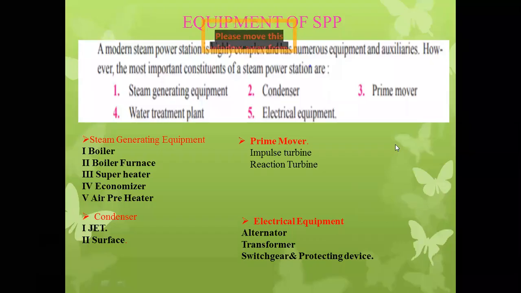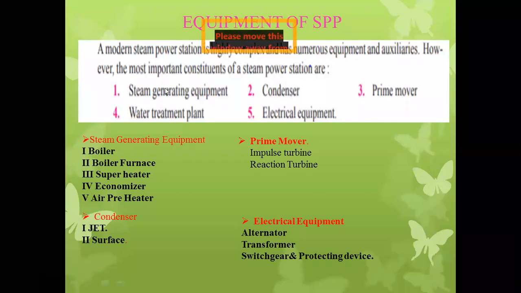So today we will start with the prime mover. Okay, prime mover means what? It is actually a mechanical component or mechanical device which is used to rotate the turbine alternator shaft. So prime mover means what? It is helpful to drive the alternator shaft. Basically, prime mover in case of the steam power station, it is the